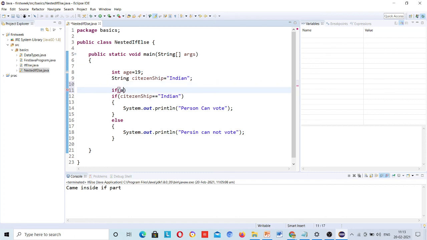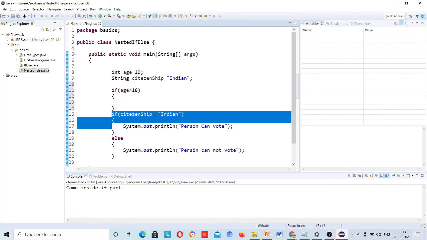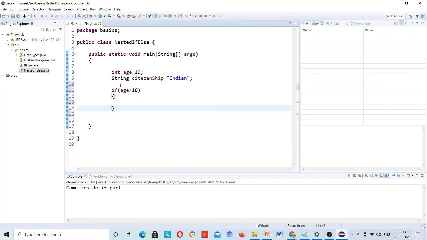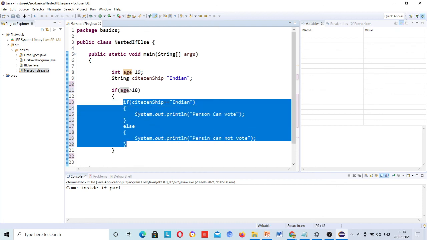So here if age is greater than 18, okay, then this code will check for this. And of course if this age is not greater than 18, then it will not come inside this if, right? And if it will not come inside this if, then of course this code will not be running, because this code is written inside this if.